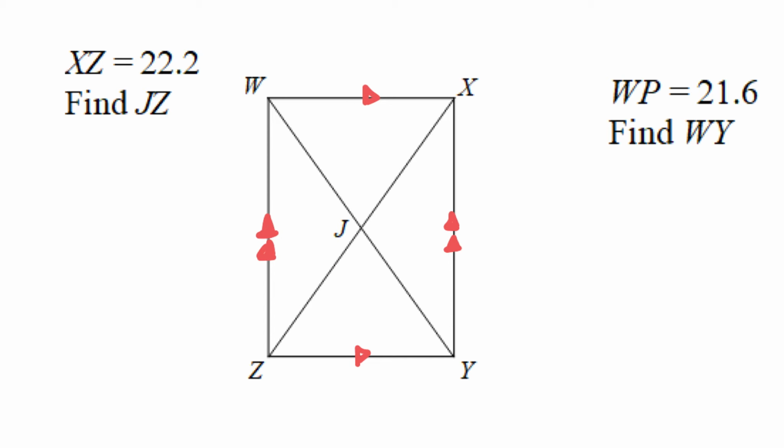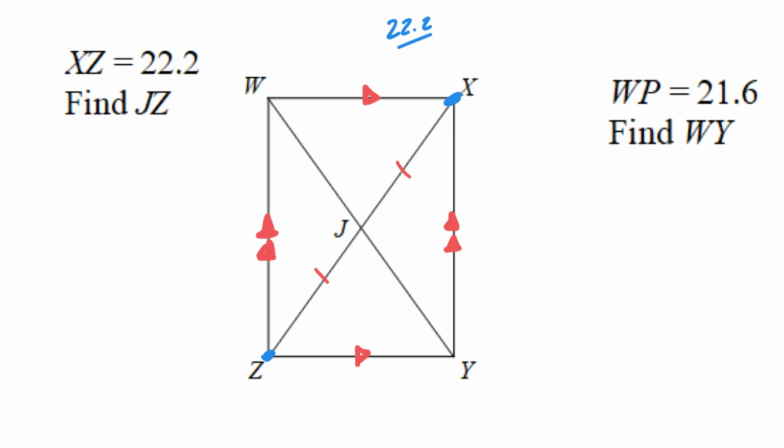So here we have, this is the sixth example here. We are given the value for the length XZ. XZ from here to here has a measure of 22.1. Well, we've already established that the intersection of the diagonals cuts these in half. So